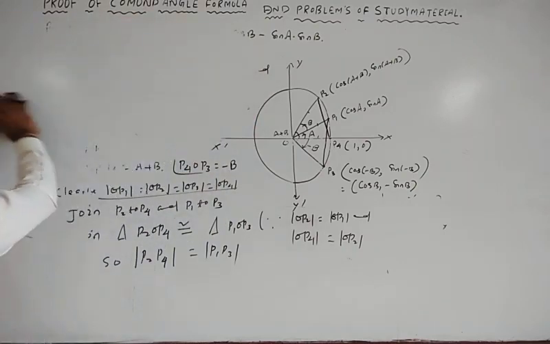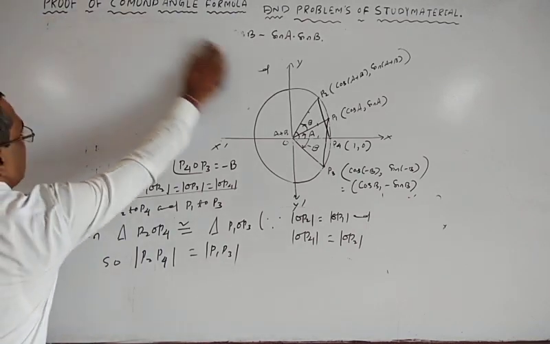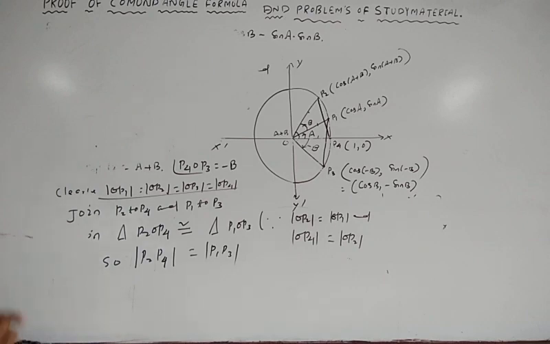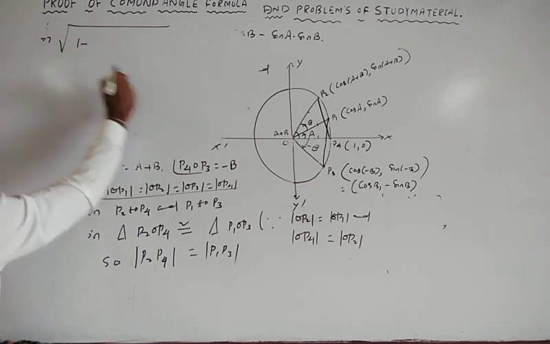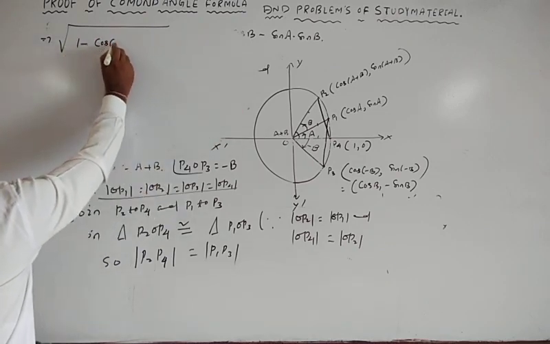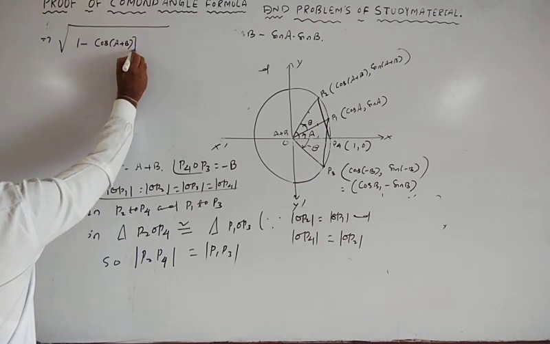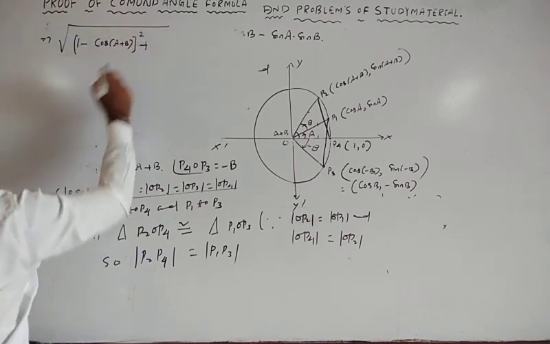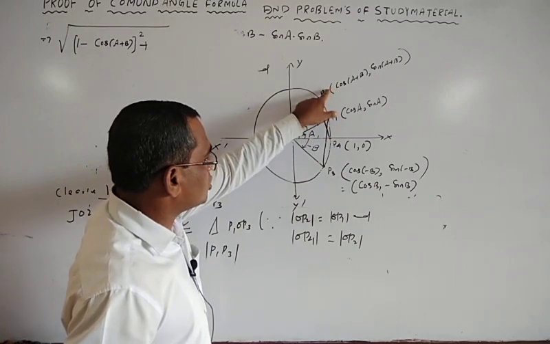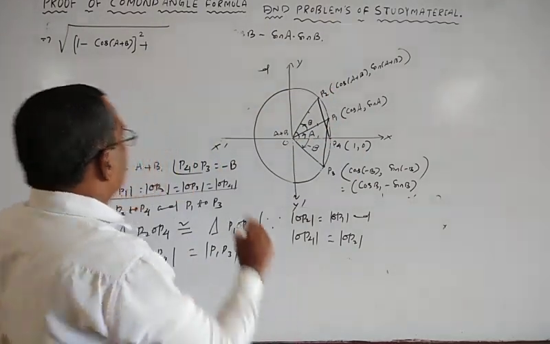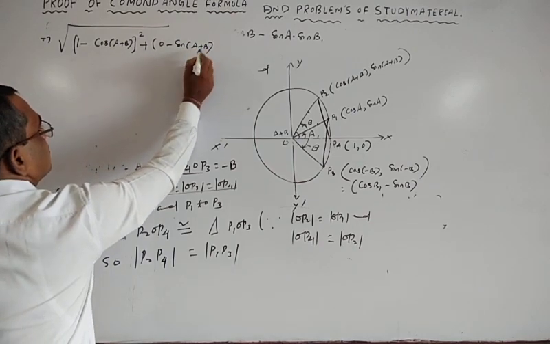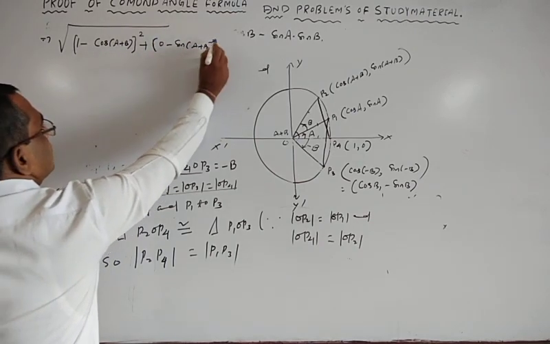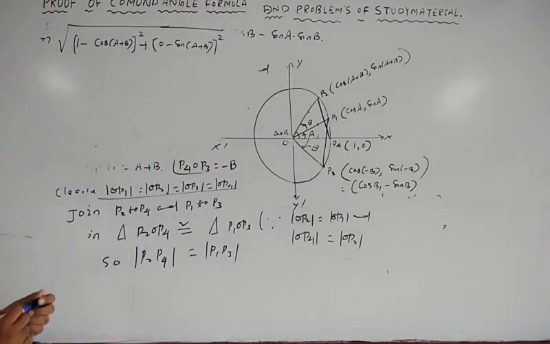P2P4 is equal to P1P3, so clearly that implies root over (1 minus cos of a plus b) squared, plus the x coordinate difference squared, plus the y coordinate difference, 0 minus sin of (a plus b), squared, is equal to